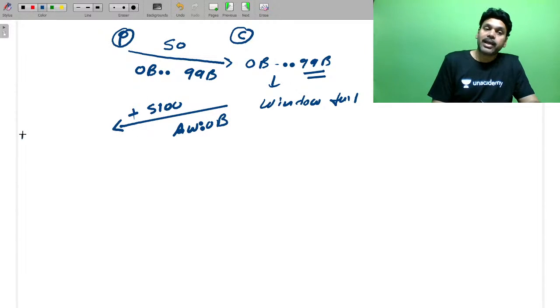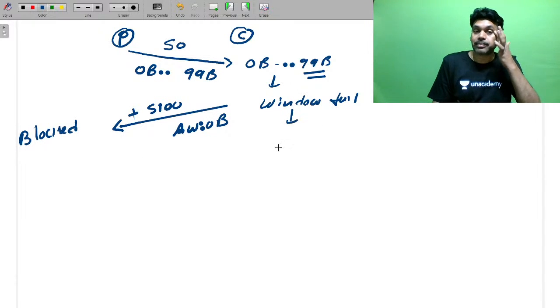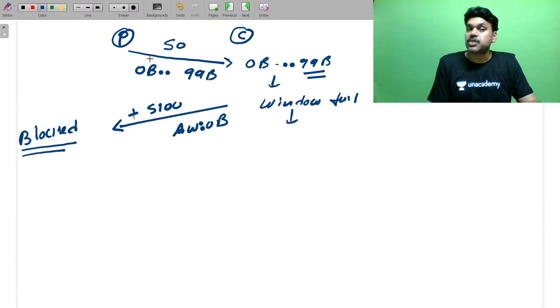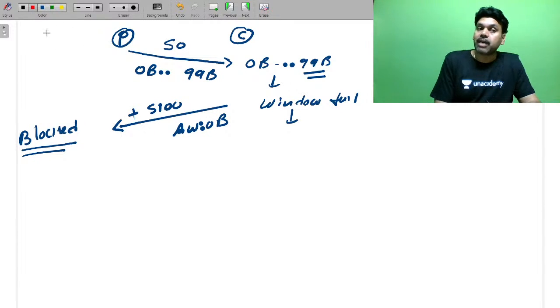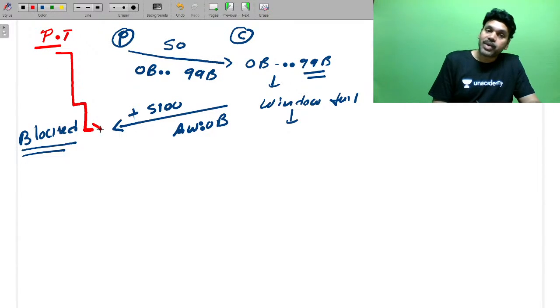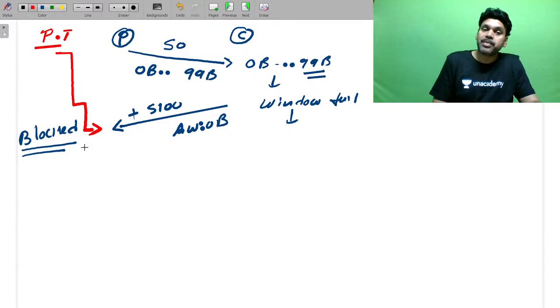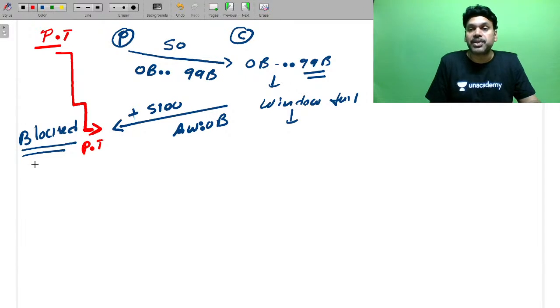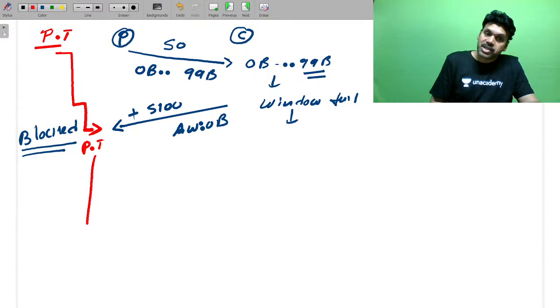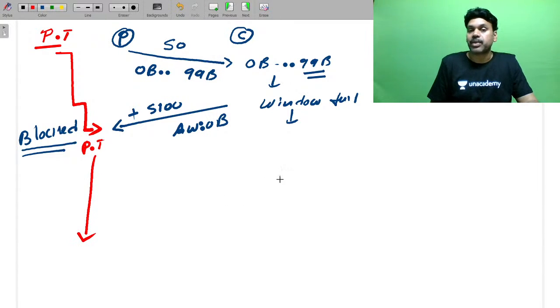But immediately it has gone there and is under waiting for some time. So whenever you receive a 0 byte advertisement window, the persistent timer concept is going to be used. As soon as you receive a 0 byte advertisement window, you start the timer. Which timer? Persistent timer. So instead of waiting indefinitely, this persistent timer is going to be given a time. So what I guess, after some time,